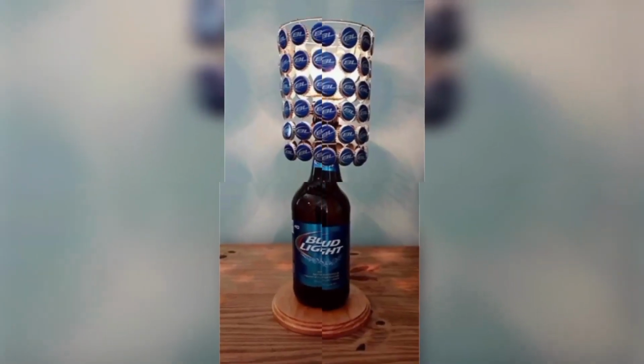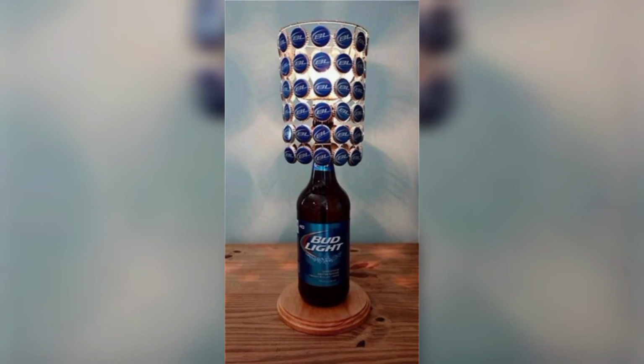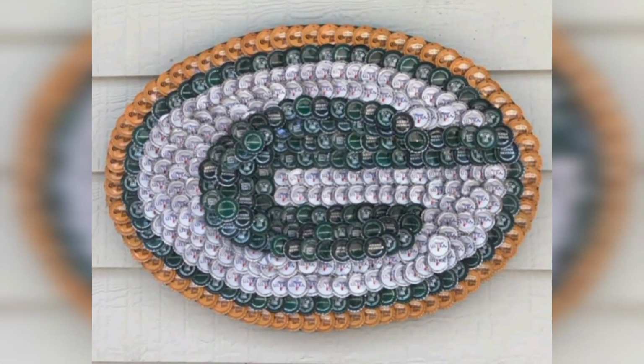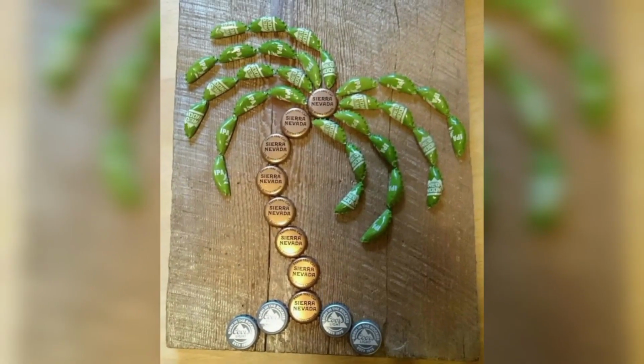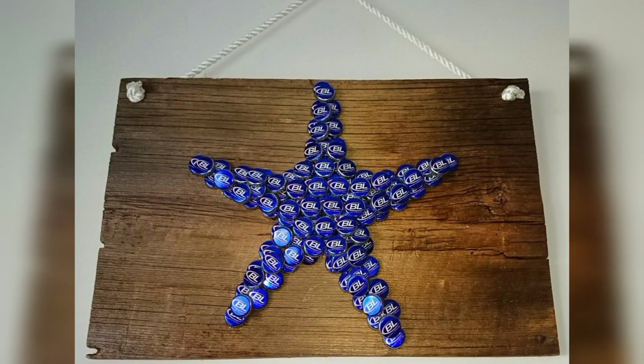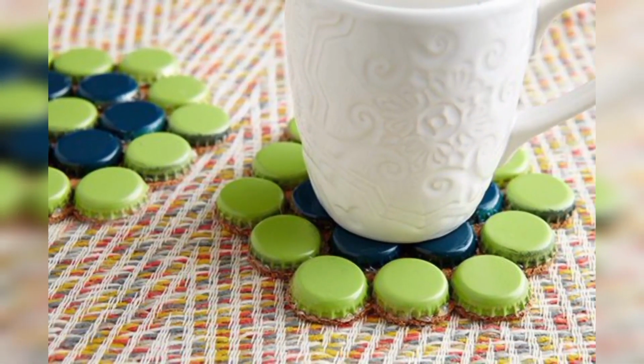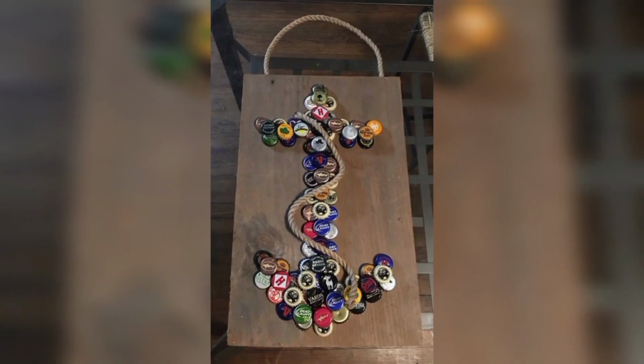Here are some creative bottle cap craft ideas that you can use to create unique and interesting home decor items. First of all, bottle cap coaster. A coaster is an essential item for many homes, and what a better way to create a coaster than to use bottle caps. To create a bottle cap coaster, you will need a cork coaster, a hot glue gun, and a